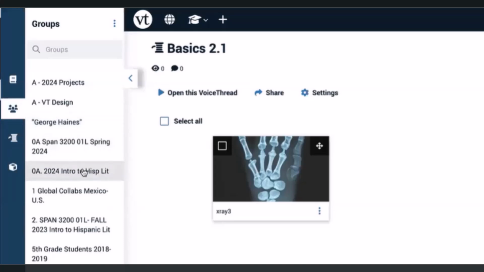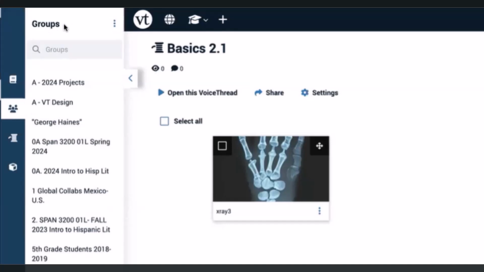All right, so there are a few other use cases, but those are kind of the main ones, right? You manually create a group, and it's a way that you can share VoiceThreads with a number of people all at once. So how do I create them? Well, I'm on the groups panel. What I'm going to do first, I'm going to create a group, and I'm going to show you one of the ways that you can have people add themselves to the group.